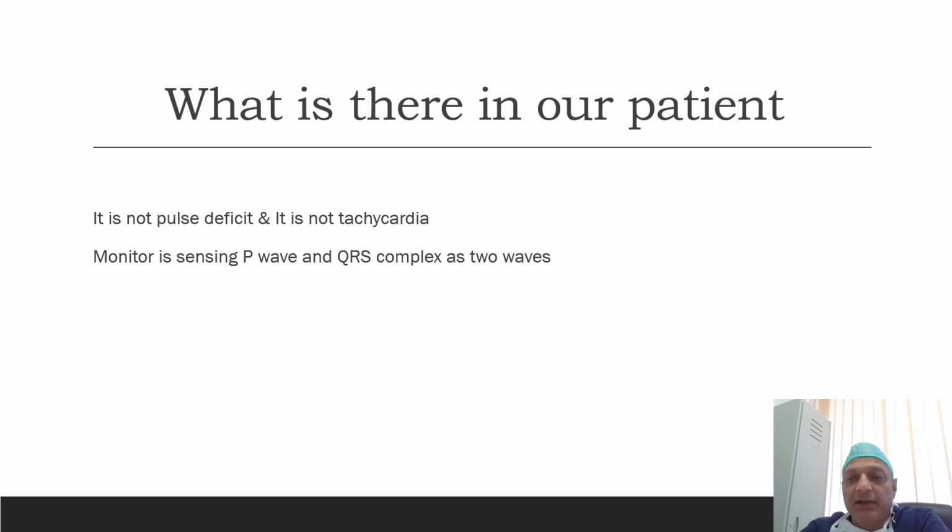So what exactly is happening in our patient? Because on the cardiac monitor we have lead 2 in place, and because of the prominent P wave in lead 2, the cardiac monitor is sensing the P wave and the QRS complex as two separate beats, and that's why the heartbeat is just double the pulse rate. Actually, there is no pulse deficit in our patient, but still it is important to understand the consequences of